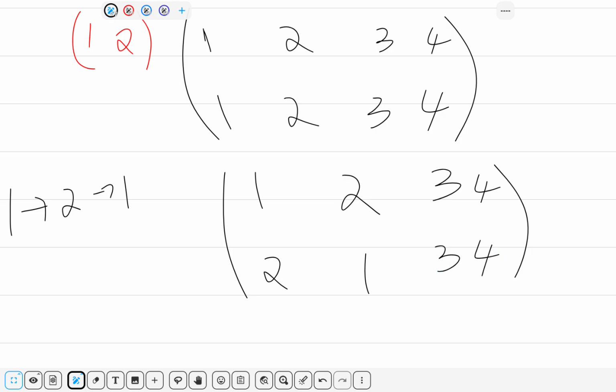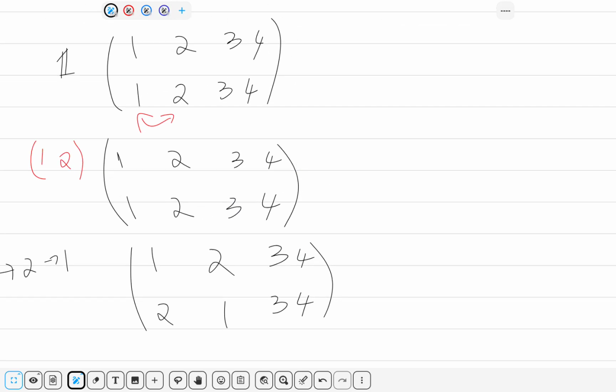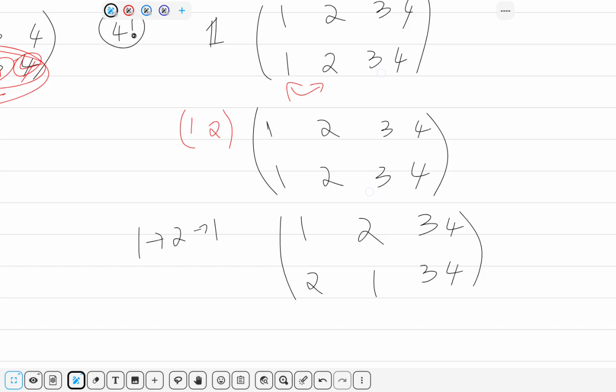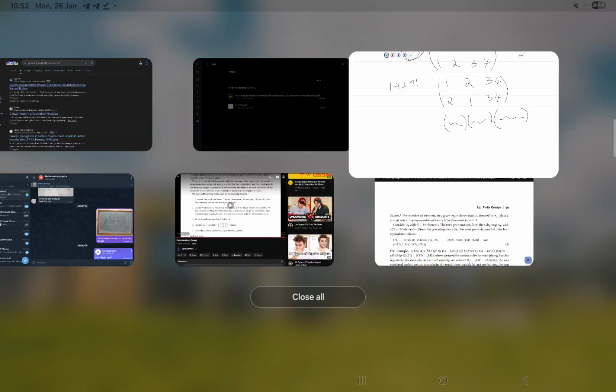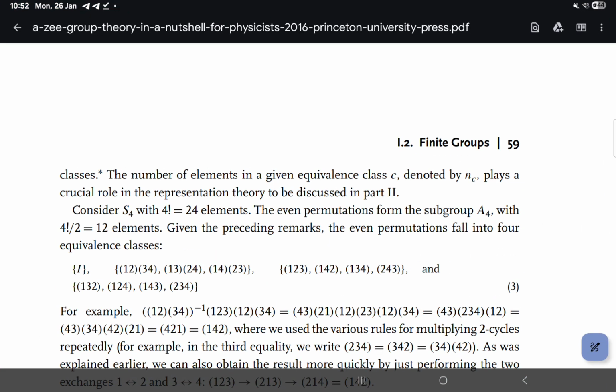So this is what all happens. And the thing is, any permutation can be done by just repeatedly applying some combination of exchanges. And then what we have is